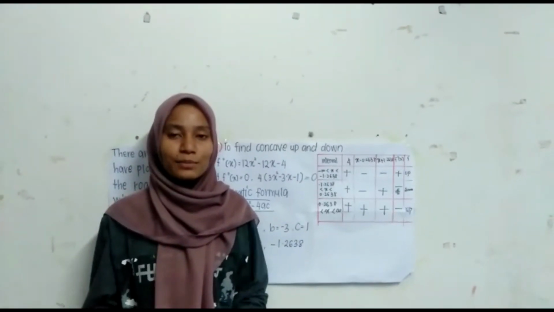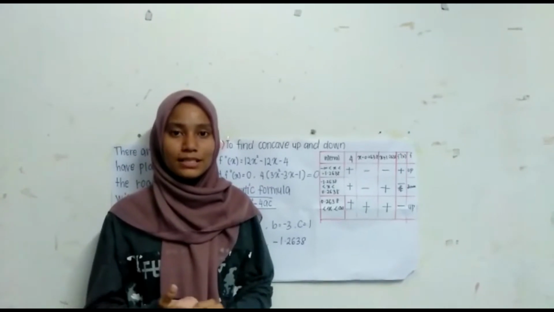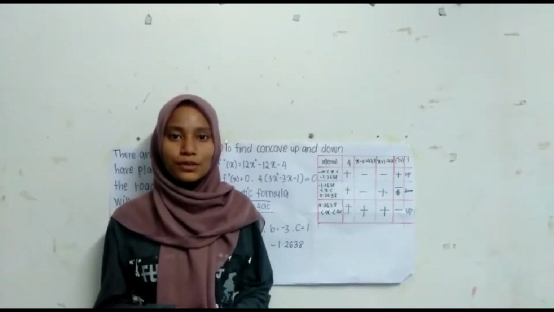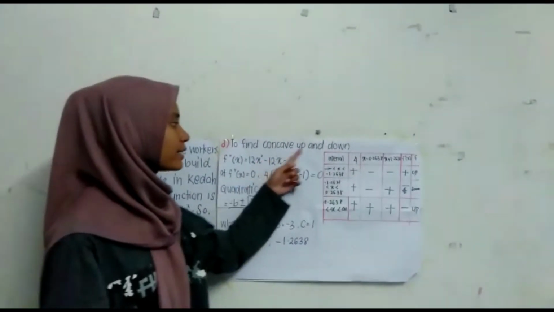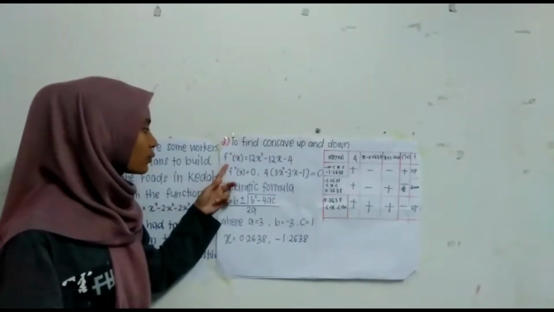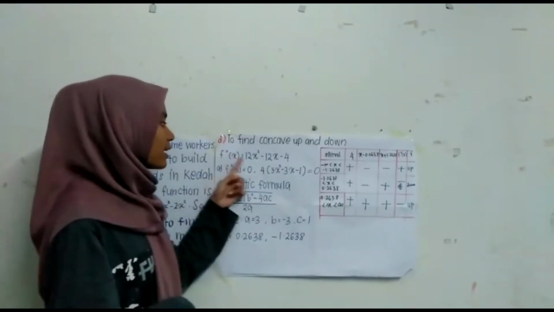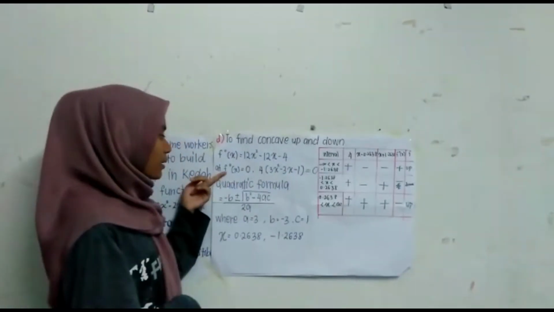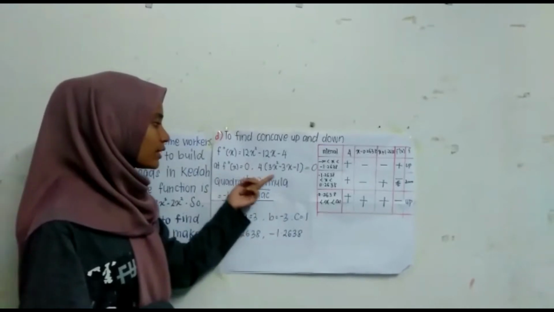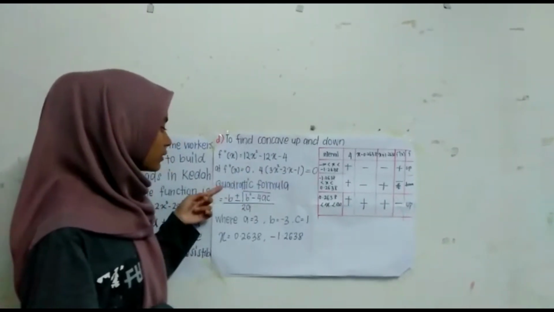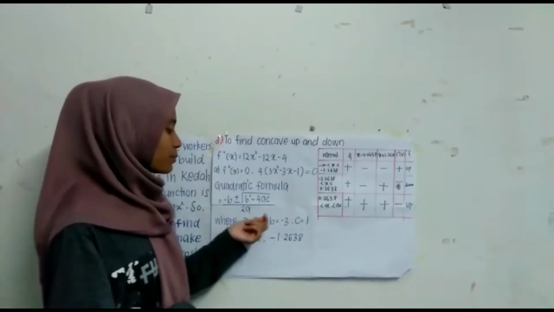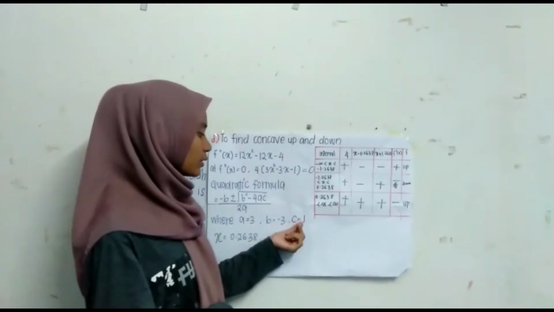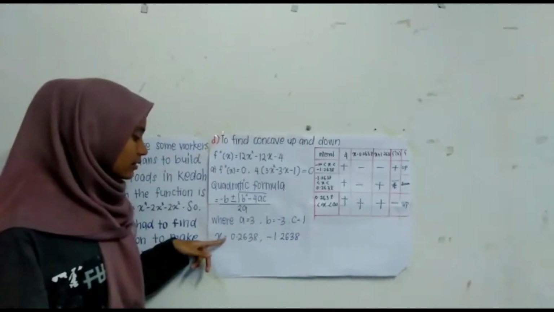Hi, I'm Nordiana binti Abdul Saleh and my metric number is 272949. So we proceed to the next question, which is to find concave up and concave down. For this question we must find f prime prime and we get this. Setting f prime prime of x equal to 0, we get this and we put it in the quadratic formula where a equal to 3, b equal to negative 3 and c equal to 1. And we get x equal to